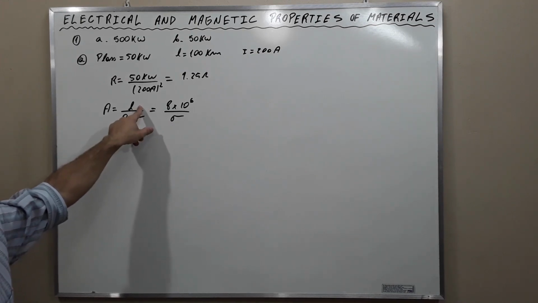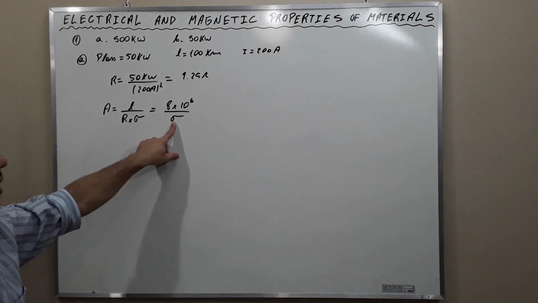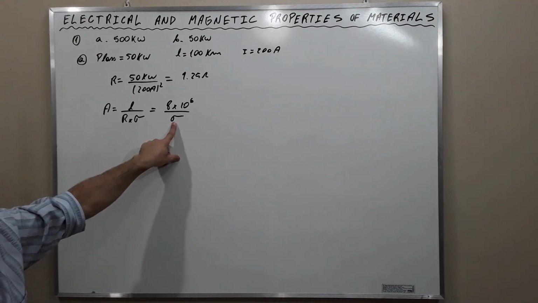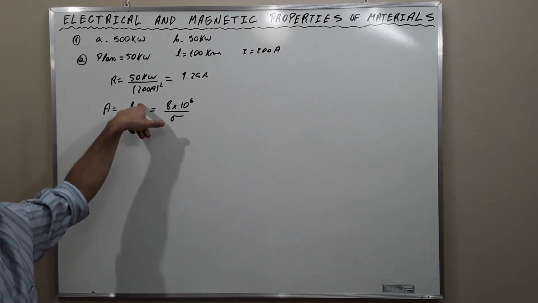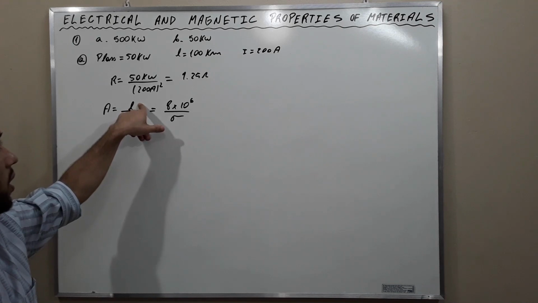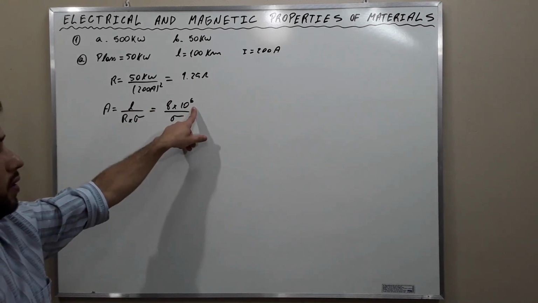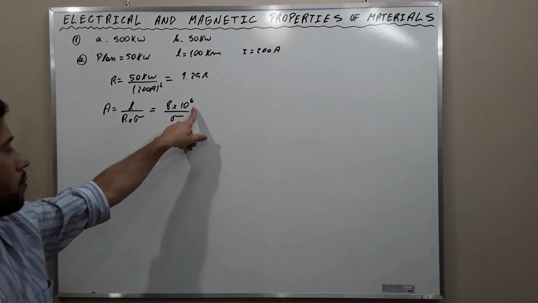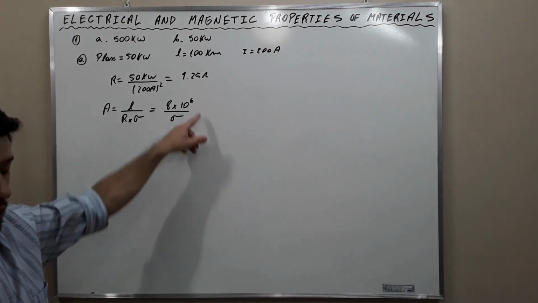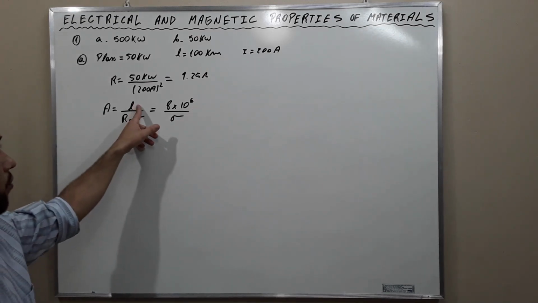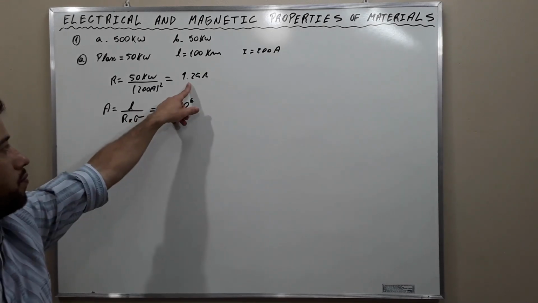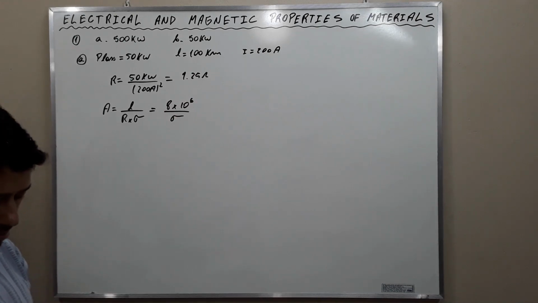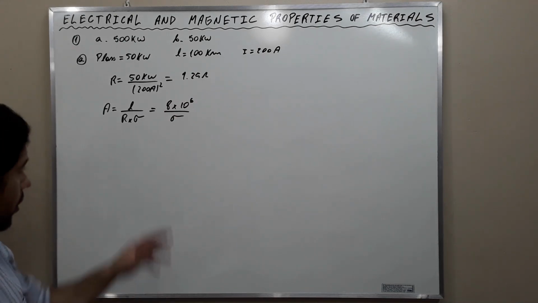This length is given in kilometers, but the conductivity is given in Siemens per centimeter. If we refer to a table, then we need to convert from 100 kilometers to centimeters. We apply conversion to convert from kilometer to centimeters and divide by this resistance here, and with